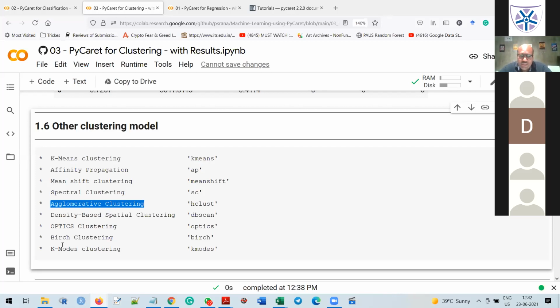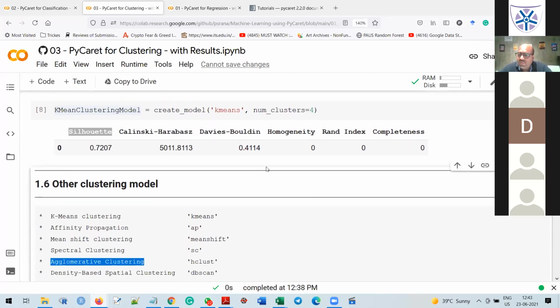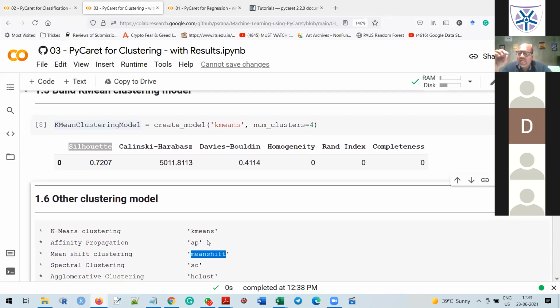Similarly, OPTICS clustering, BIRCH clustering, and k-modes clustering are there. It becomes very simple to apply different clustering algorithms by just changing this keyword. Let's suppose you want affinity propagation, just pass AP. For mean shift clustering, just pass mean shift. With a small change in the parameter, you get that particular clustering algorithm.